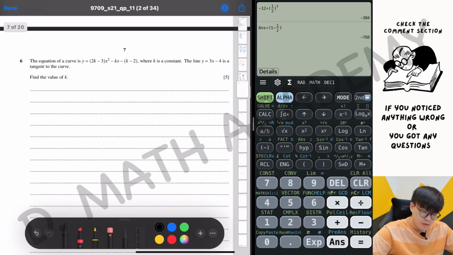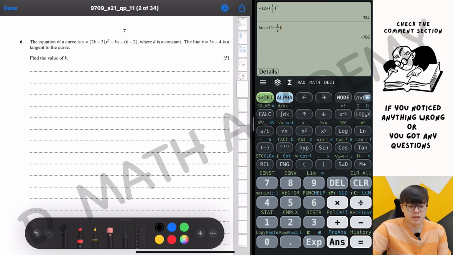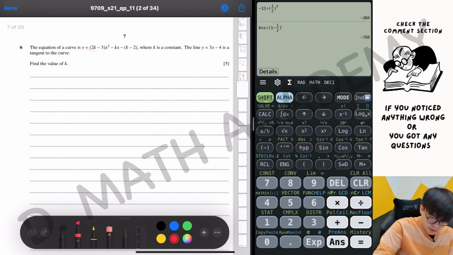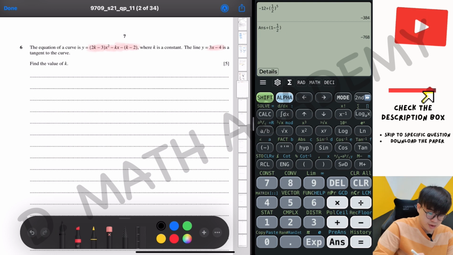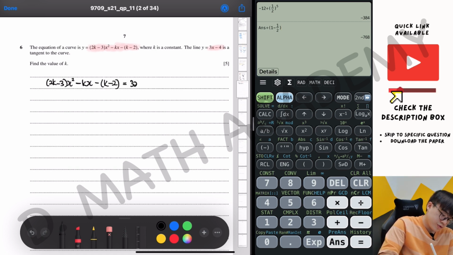Moving on, we have our question 6 here. The equation of the curve is this, where k is a constant, the line is y equals to 3x minus 4. It's a tangent to the curve. These two things, set them up equal to each other and then run the rearrangement first. So you have 2k minus 3x squared minus kx minus k minus 2 equals to 3x minus 4. When you rearrange them and make them equal to each other,